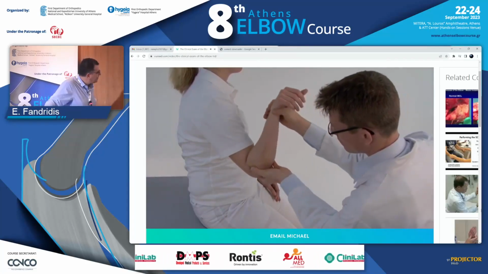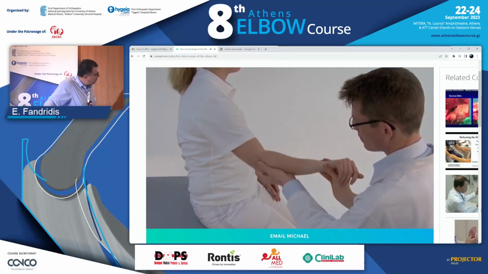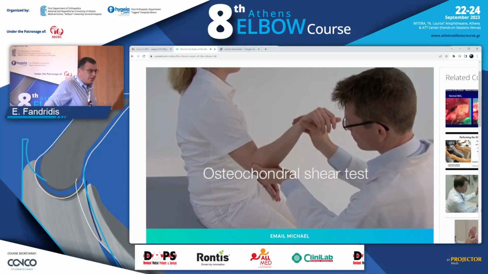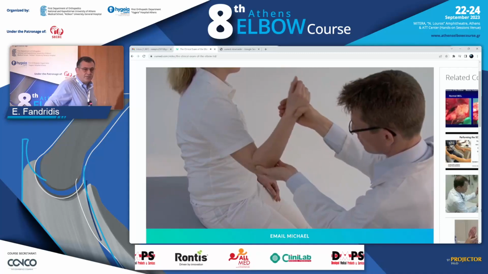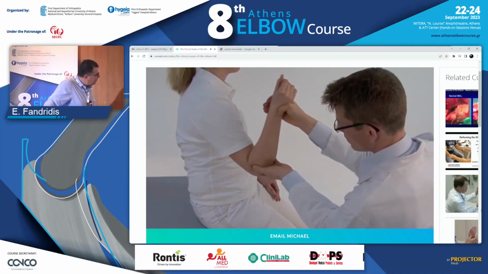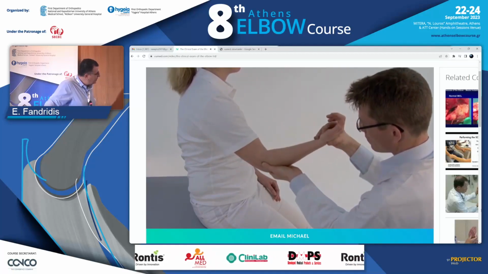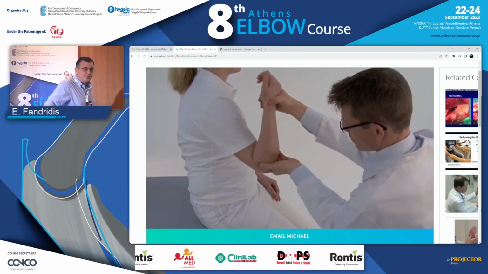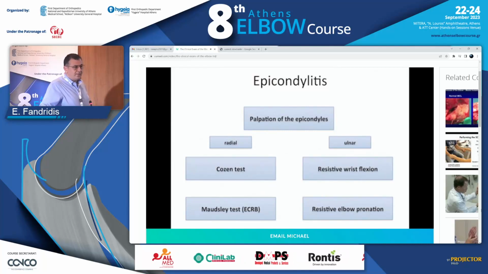Osteochondral defects. The examiner puts the finger on the lateral side. Most of them are coming from the capitellum, the lateral condyle. There is active flexion, extension, active supination, pronation. You see there is some pain in this region on the lateral side,